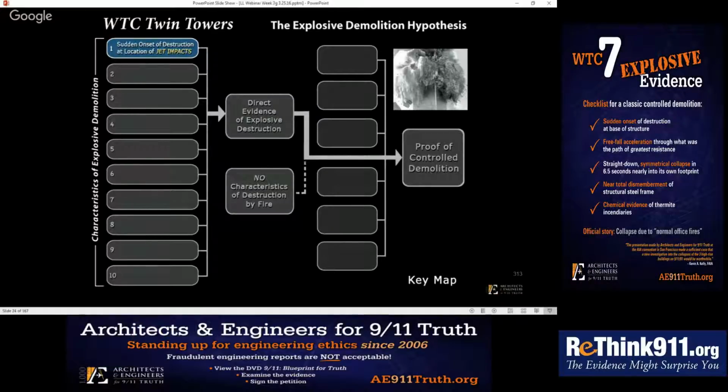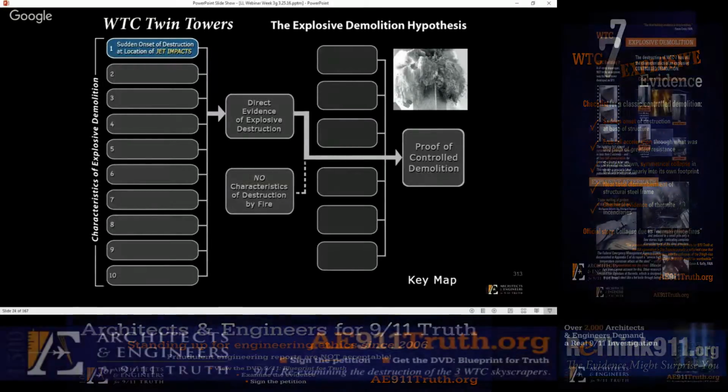Remember, this is a deception, as this is the case we're making, that in this deception we're being asked to conflate the destruction of this building with the jet plane impacts. Therefore, where would the destruction start if it was to be set intentionally? It would start at the point of jet plane impacts, where those huge explosions of jet fuel occurred,